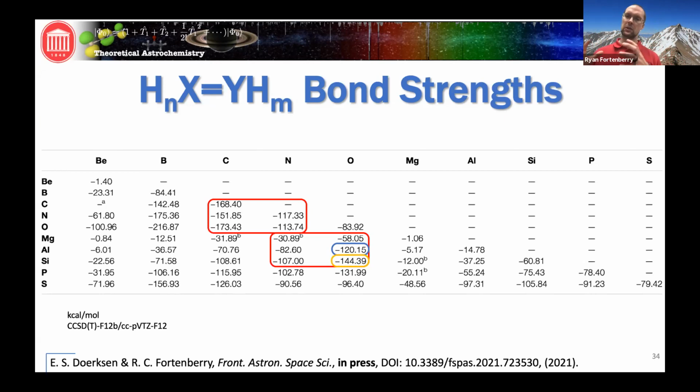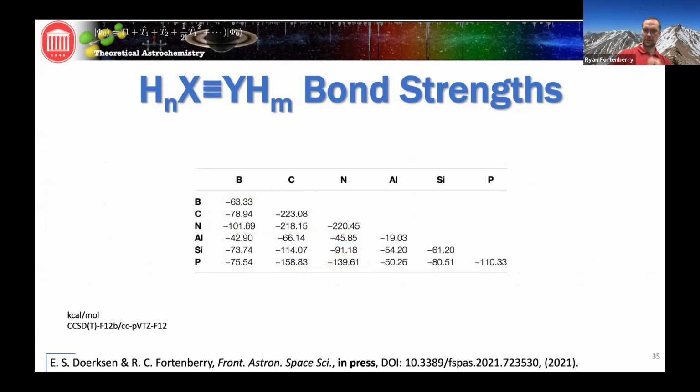So now it's transitioning. When we get to higher bond orders, the bond strengths are actually shifting into more of the volatile species and away from these refractory elements that I've been showing you before. It gets even worse when we go to triple bonds, because now we really have just the silicon left. The aluminum, I mean, if you look at the bond strength with aluminum and nitrogen in there, it's really small. It's 45. It's gone way down from what it was previously. Silicon is kind of in that mid-range. It's like, I'm still holding on, guys. It's saying to its refractory element buddies, but it can't compete with the volatiles. It absolutely can't compete with the volatiles.